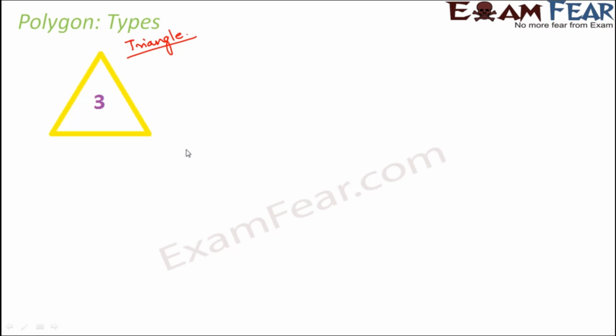Since in case of a triangle, these are the 3 vertices, right? Let's name them. Let's say this is A, B, C. So if ABC is a triangle, point A, point B, point C are all the vertices. Now if you look at A, is there any non-consecutive vertex for A? No, because both B and C are the consecutive vertices for A. Therefore, there is no non-consecutive vertex. Therefore, the number of diagonals that are possible in a triangle is 0.